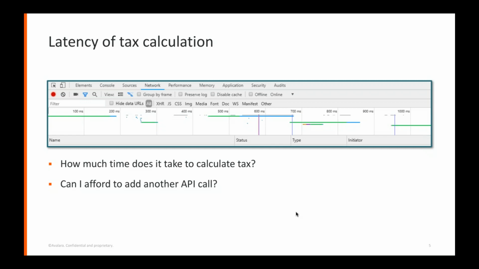So we often think of projects in terms of their Jira names. I work on the calc team, so all of my tickets have calc in front of them. Steve works on the cup team, so all of his Jira tickets have cup in front of them. But for the outside world, he builds the website that you use day in and day out when you're working with AvaTax. AvaTax update.